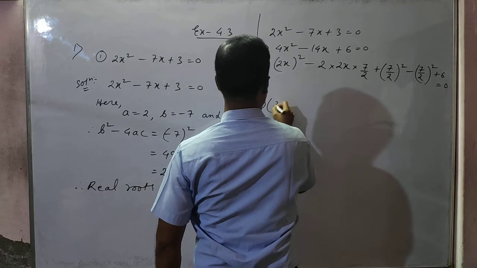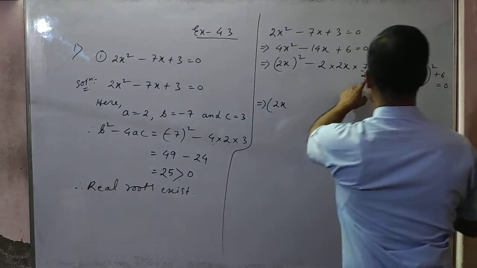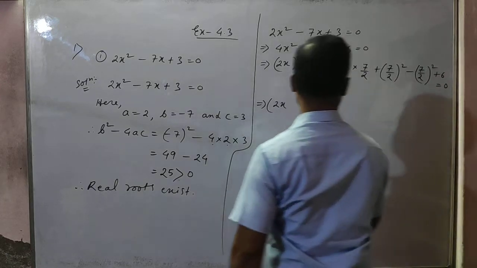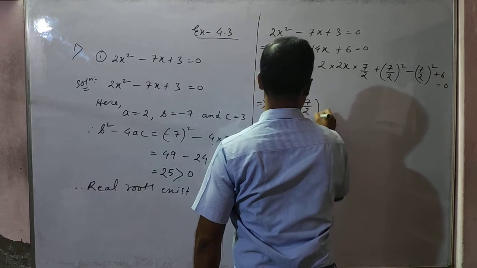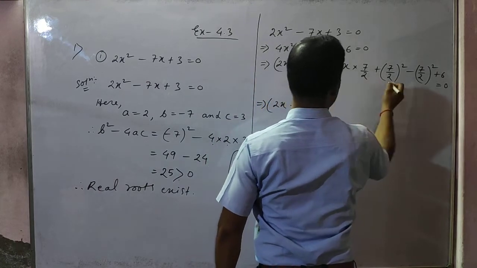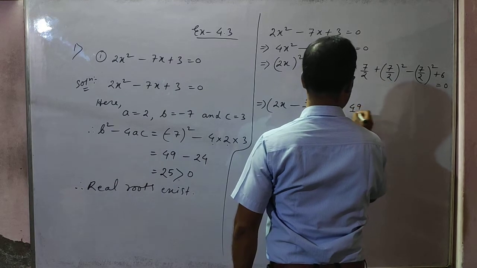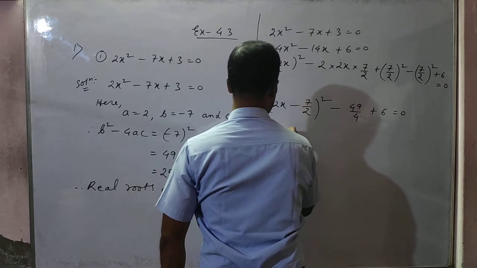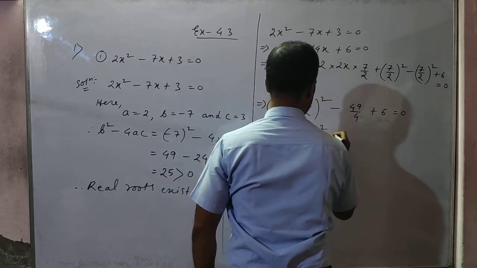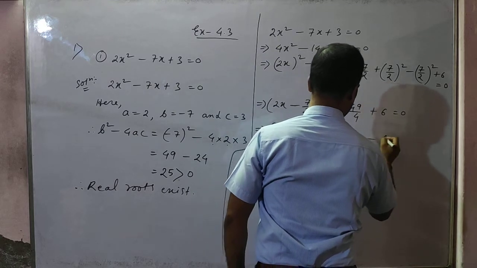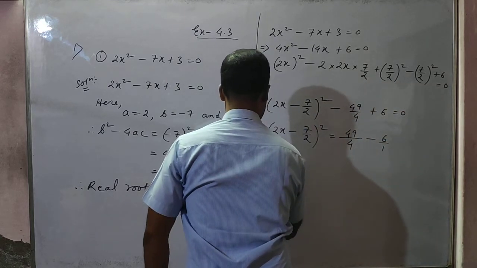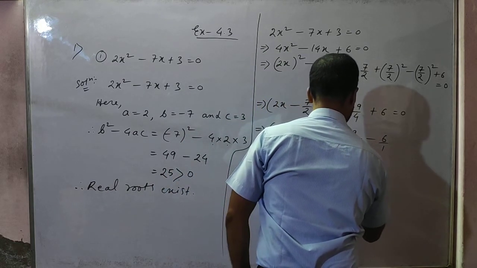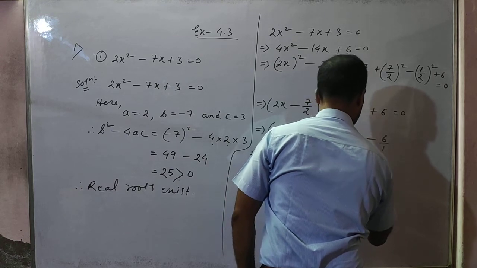Because 2 and 2 will be cancelled, so 2x is 7. So (2x minus 7 by 2) whole square minus (7 by 2) whole square, that is minus 49 by 4 plus 6, is equal to 0. So (2x minus 7 by 2) whole square is equal to 49 by 4 minus 6, and (2x minus 7 by 2) whole square is equal to 49